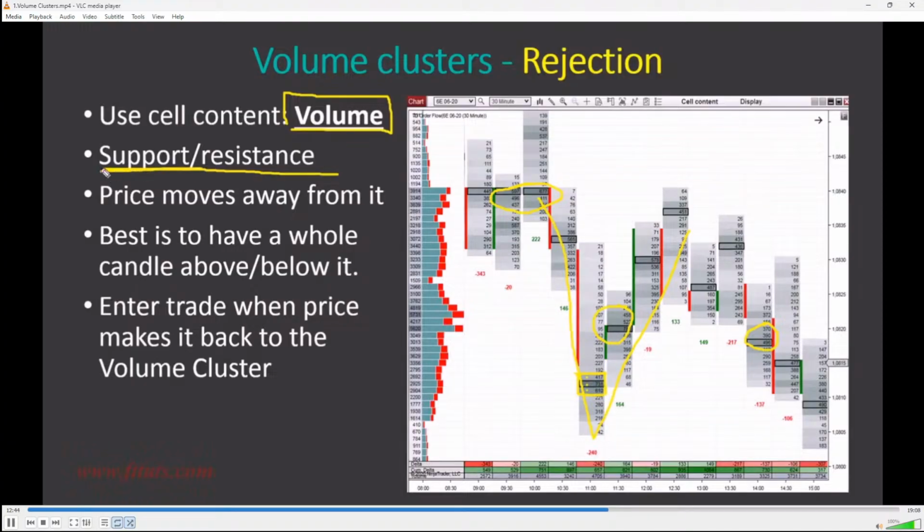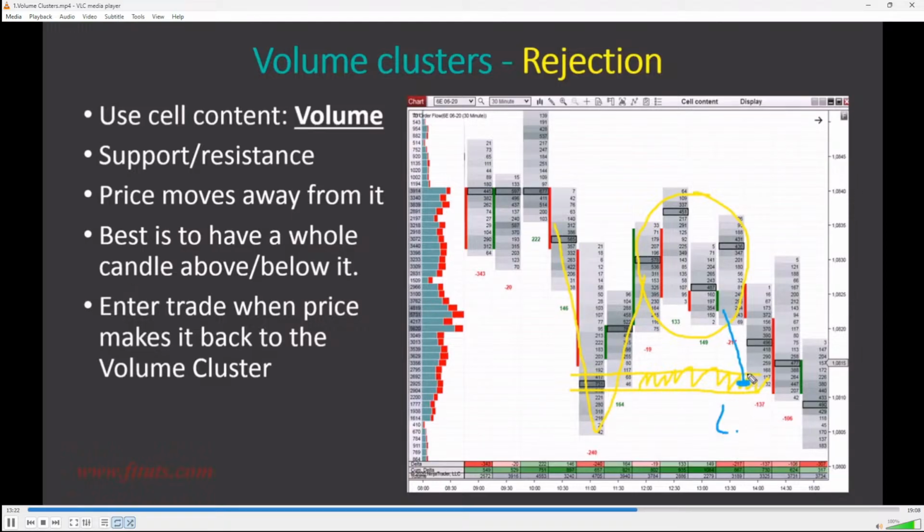That's a strong support. Now, what you want to see is the price moving away from it, as in the previous case. So there is the rejection. This is the support. This zone is the support. And you want to see the price moving away from it, like in here, whole candles above this support, at least one whole candle above it. You need to see the strong rejection, right? Now, when the price makes a pullback to this support area again, you want to go long. You want to enter a trade which will be in the direction of this rejection. So in this case, long from there, all right? And again, you can wait for some